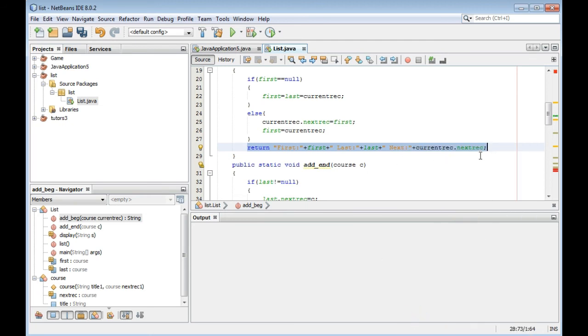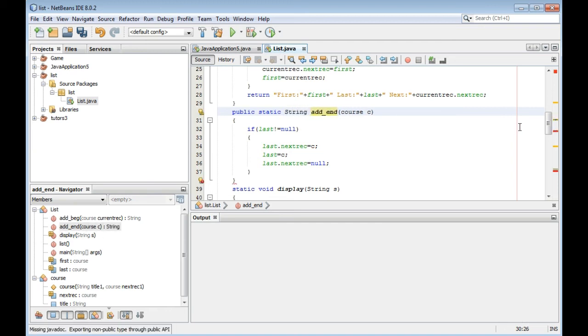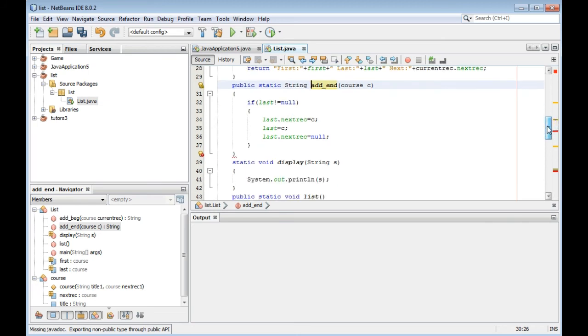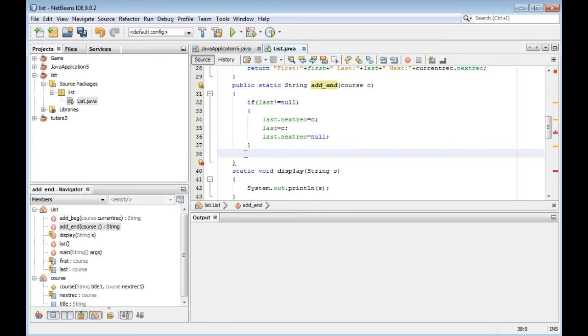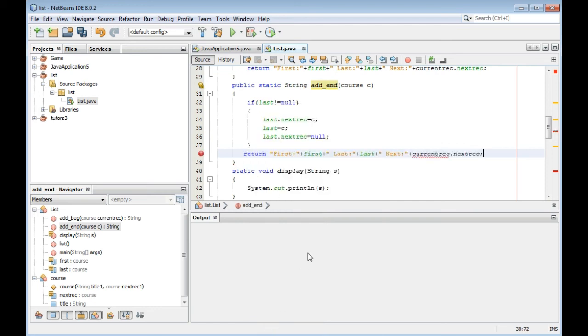And we should display s. There is a semicolon here, and it is saying incompatible types, void cannot be converted to string. It should also get this.